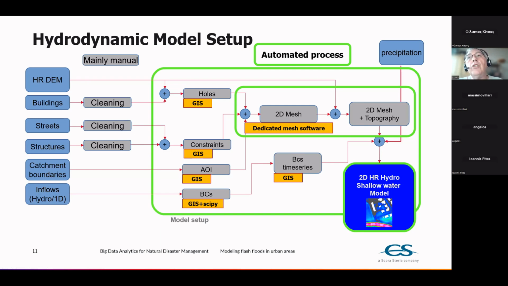ground footprint, because where we have buildings, we have no water flowing. Same for the streets, because we consider that the streets are the main channel for the flow when it gets out of the river channel. Different structures are, let's say, a mix of buildings. Sometimes you have to mix the different buildings to make a kind of small island, which is not only one